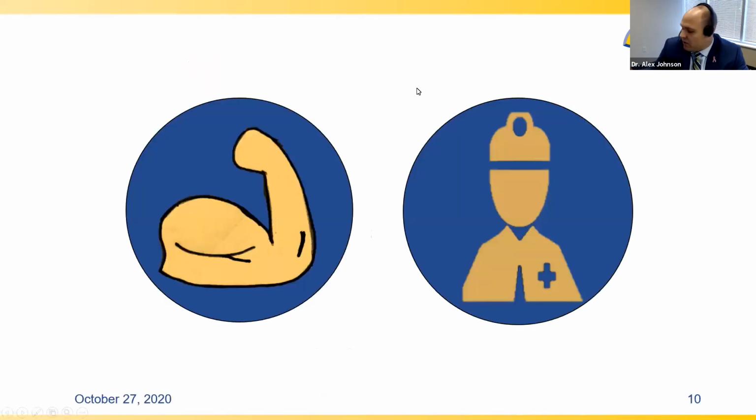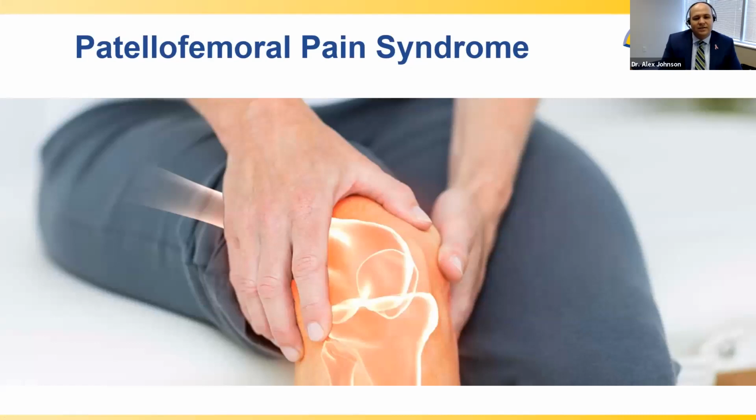All right, so this is another thing I want to mention today, is that some things require surgery and some things require rehab, and sometimes a little bit of both. So these are the symbols. Whenever you see this symbol, this is going to be our rehab symbol, okay? And this is going to be the one for surgery, when things may require surgery, all right? So let's get into specific conditions.